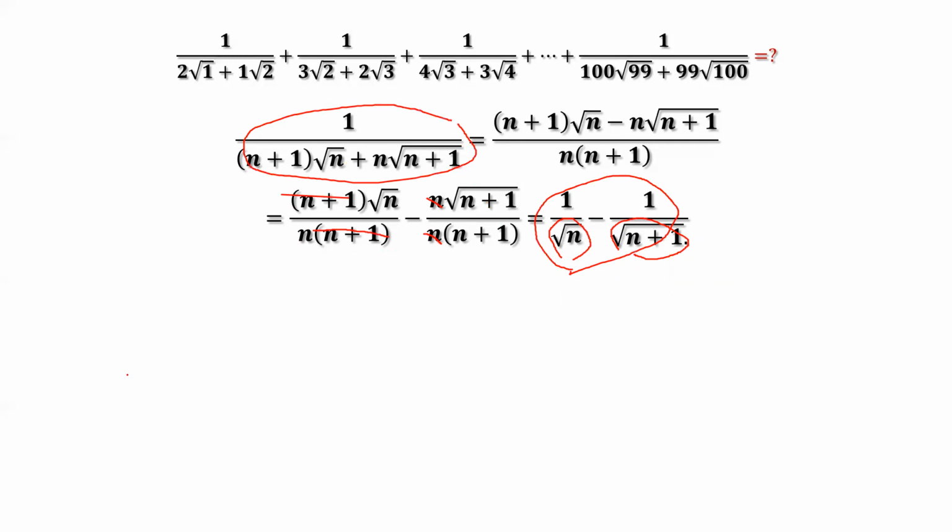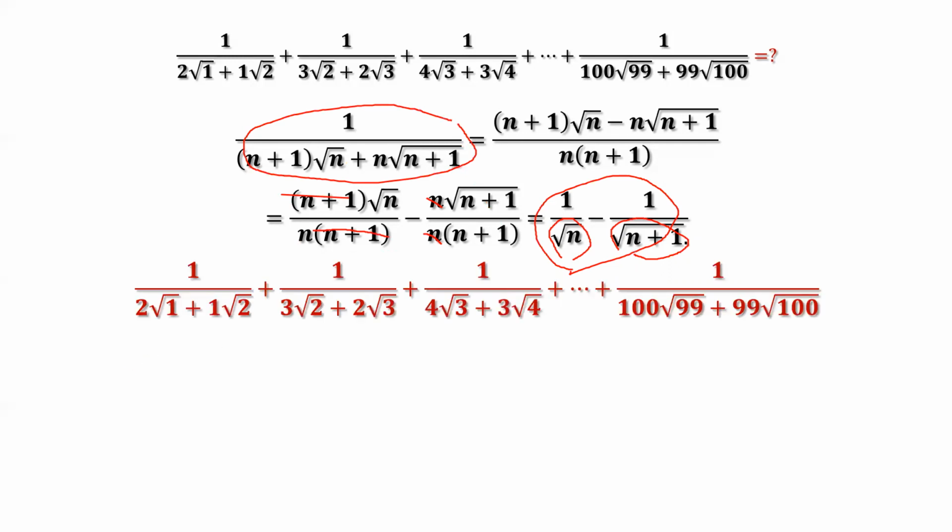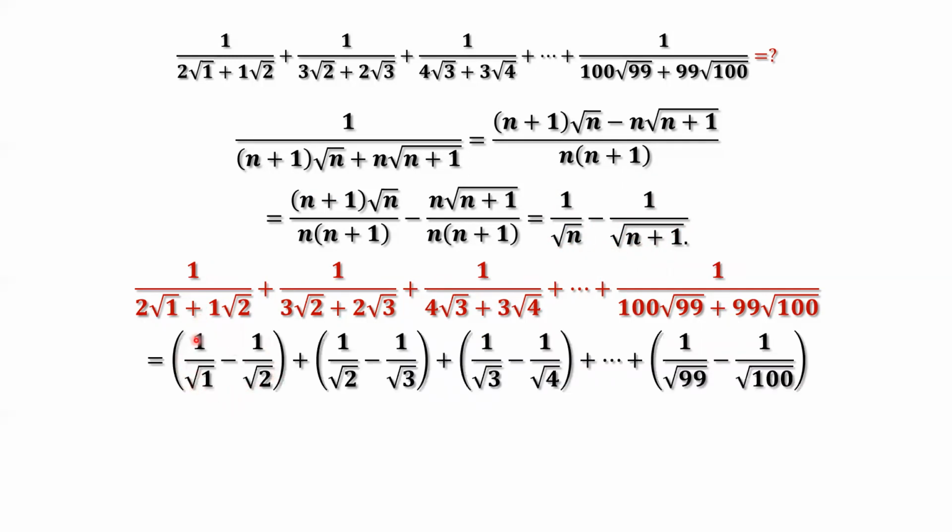So here, we can use the result. Let me clean it up. So here, what we have here, general term, okay, equals this one. So now look at here, this is the first term. That means here's n equals 1. For the first term, n equals 1, here should be 1 over square root of n minus 1 over square root of n plus 1, which should be 2. So here, that's the first term: 1 over square root of 1 minus 1 over square root of 2.